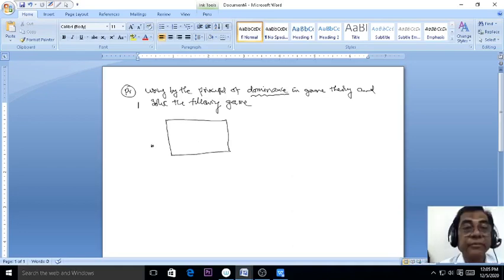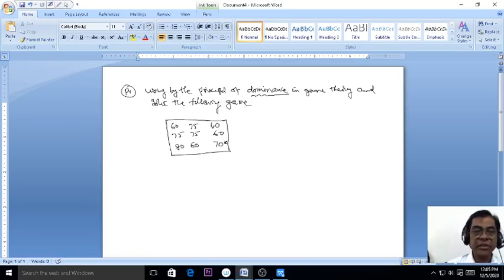So 60, 75, 40, 75, 75, 75, 60, 80, 60, 70. Now the problem is given, and because the graphical method is not suitable for the given problem, we go to the solution. So solution means, for example, in the problem, first